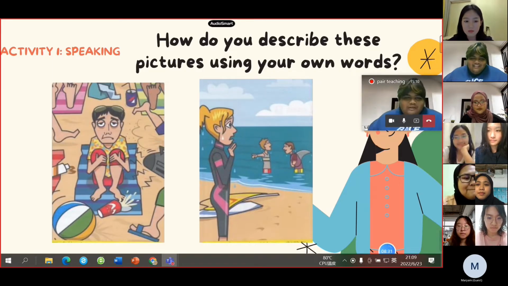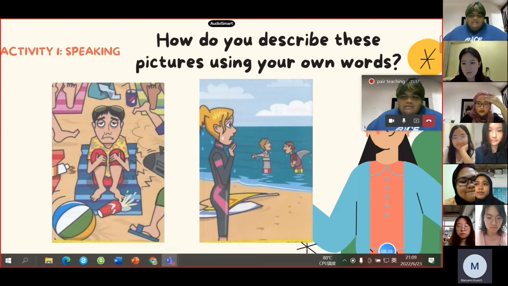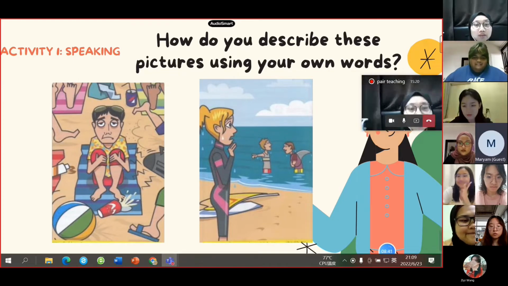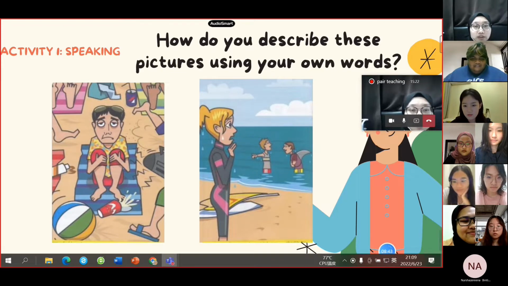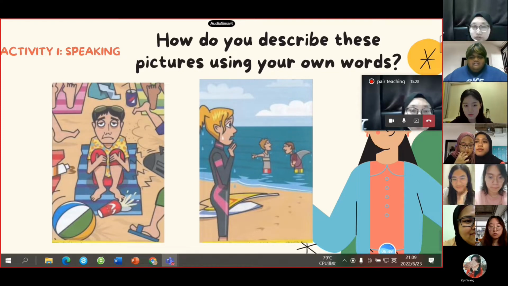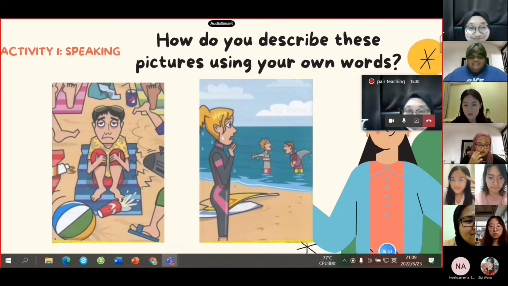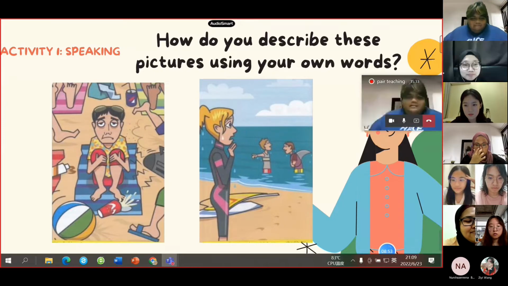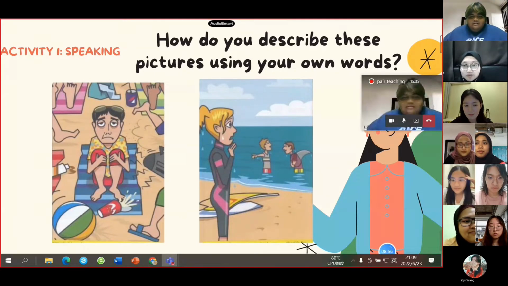Mariam, can you help me describe the first picture? I think the boy is feeling unhappy because the beach is full of people. Oh, great one. Okay, great attempt there, and absolutely correct.